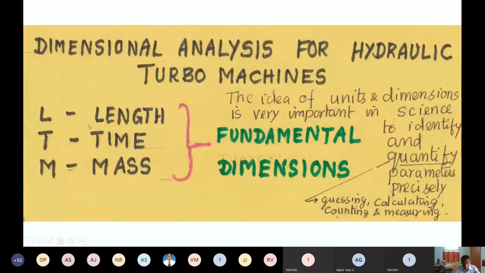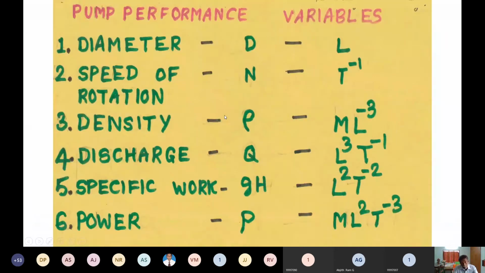Okay, so they are the fundamental dimensions. One can try to define what is length, what is time, and what is mass. Or it is common experience that we have a good idea about what is length and what is time, and we don't have to bother ourselves by trying to define that. Okay, now if you take the pump performance variables,